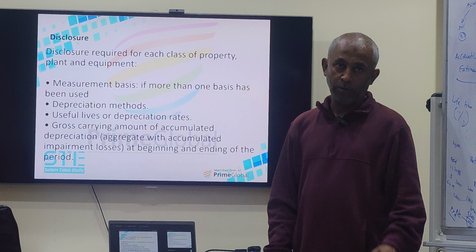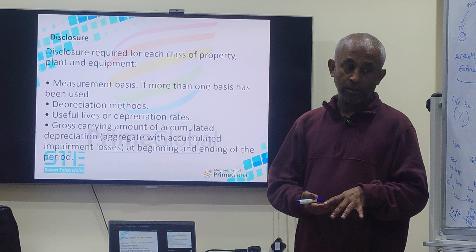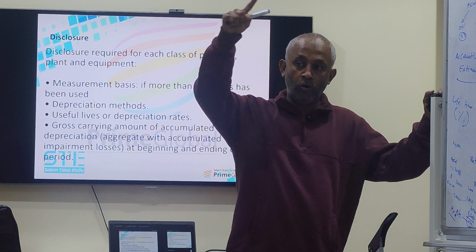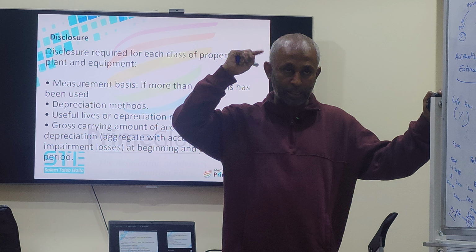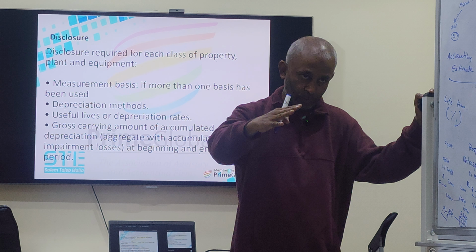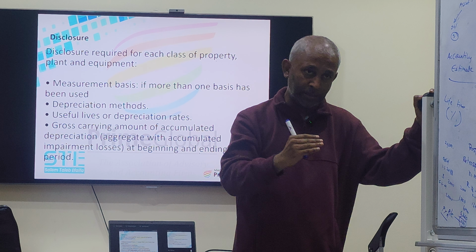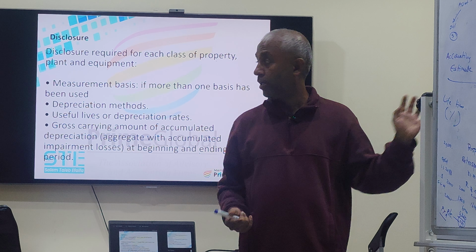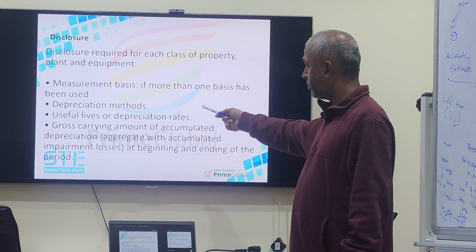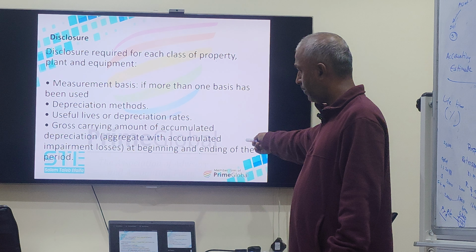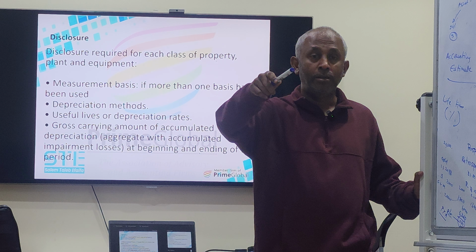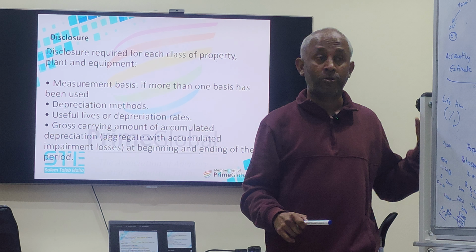Disclosure. In your financial statement, one important disclosure about property, plant and equipment is that note. A detailed note. I think I showed that note to you in the last class. Cost, accumulated depreciation, addition, revaluation, disposal and depreciation for the year. Any depreciation related to disposal, likewise. So, measurement basis, if more than one basis has been used. Depreciation method, useful life or the depreciation rates, gross carrying amount and accumulated depreciation at the beginning and at the end. These all are reconciliations that are shown in your financial statement under the notes specific to property, plant